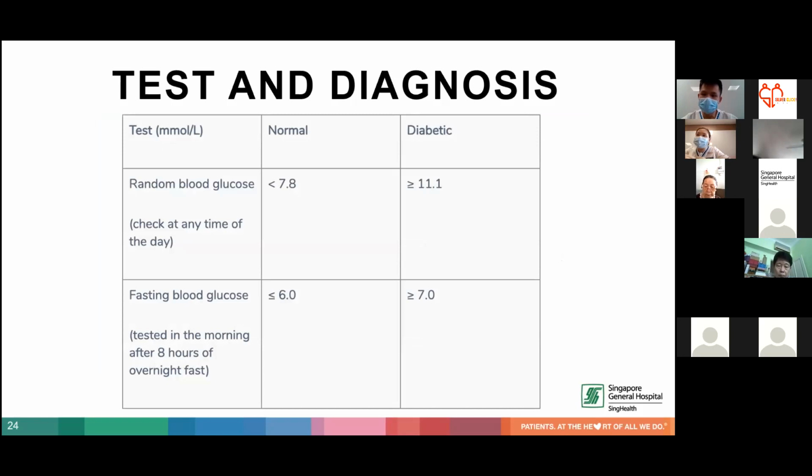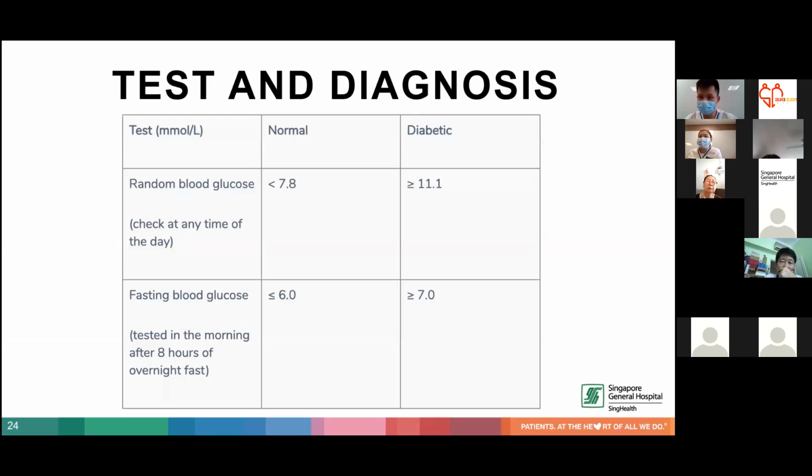So after knowing all the different tests, now let's take a look at the diagnostic results. What are the different results that are shown? On the first table, you can see on the first row, it mentions random blood glucose. Random blood glucose is, if you have a blood glucose measuring device at home, you can check your blood sugar randomly, any time of the day, preferably before your meal time.